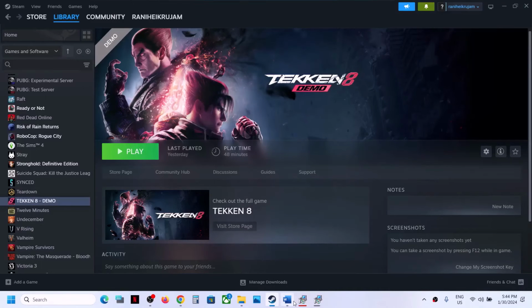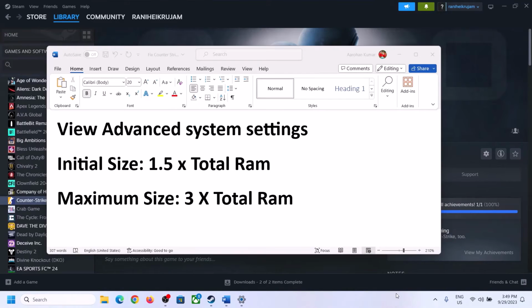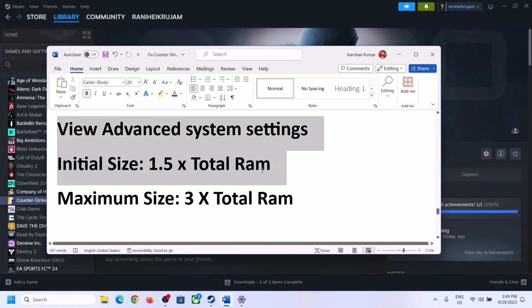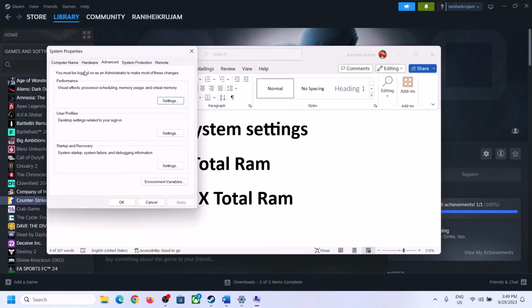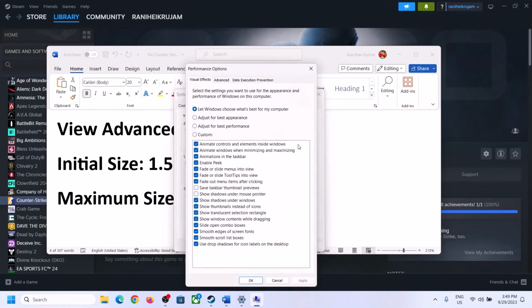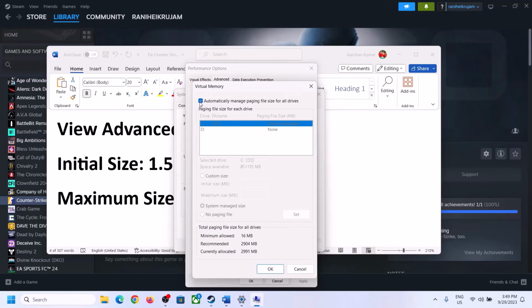Now, the next step is to increase the virtual memory. To increase the virtual memory, type in View Advanced System Settings in the Windows search box and then click on View Advanced System Settings, and then click on the first Settings and then go to the Advanced tab and then click on Change over here and then select the drive. So uncheck the box which says Automatically manage paging file size for all drives. Uncheck this box and select the drive where the game is installed. So select the drive and then once you select the right drive, now put a check on Custom size, and